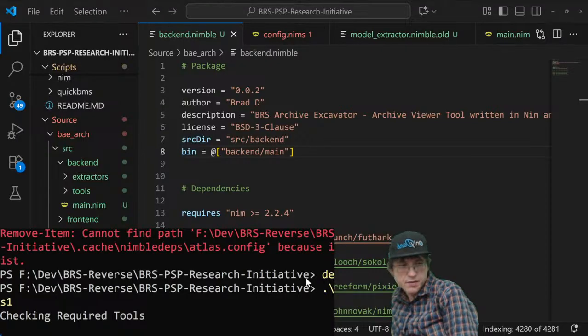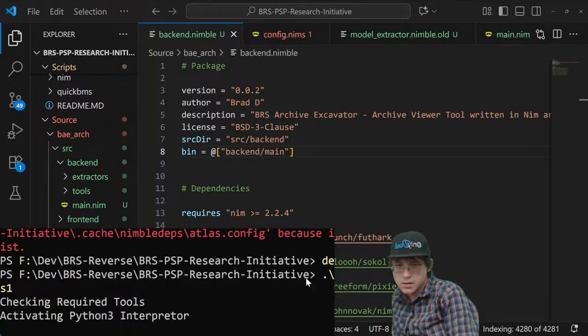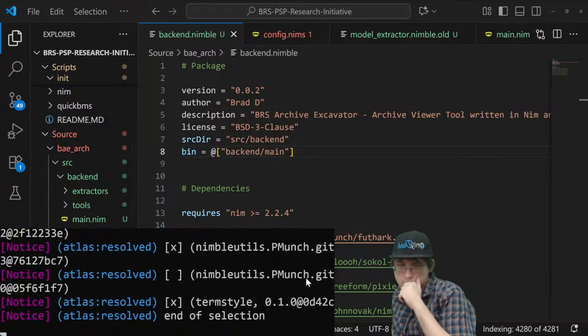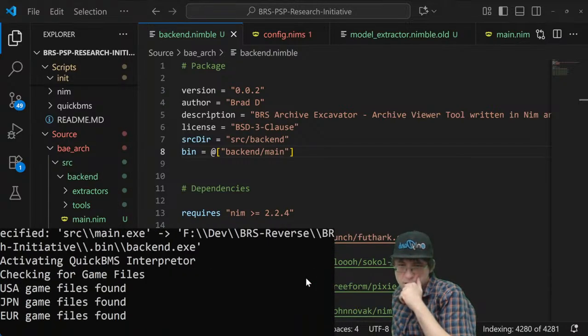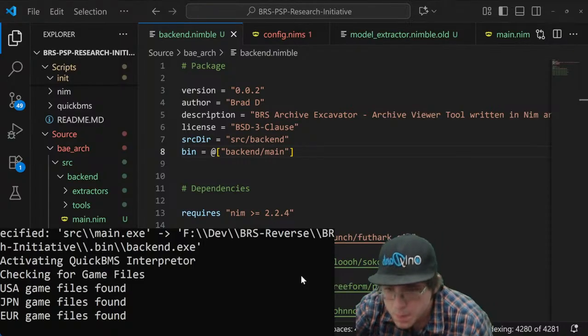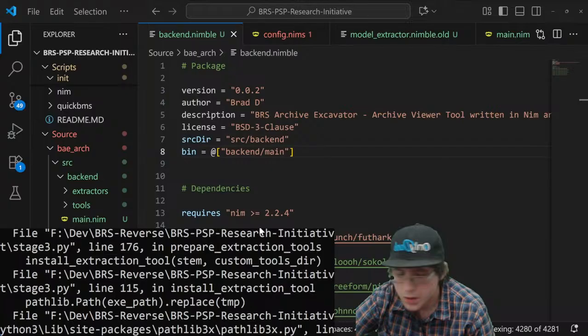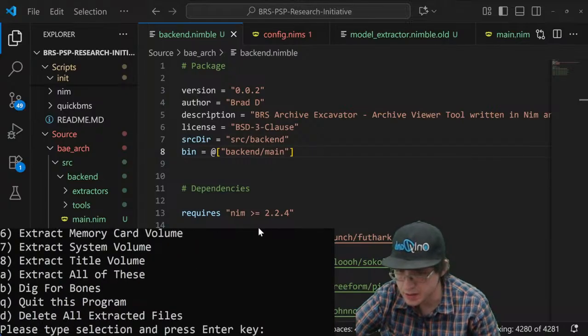Maybe that's what I've got to do. So cannot open source main.